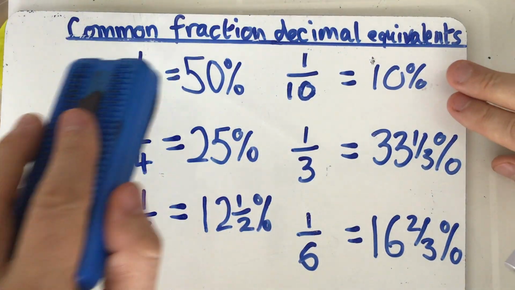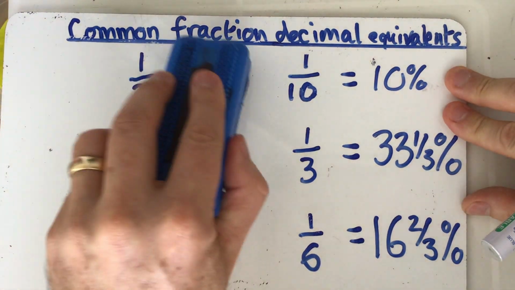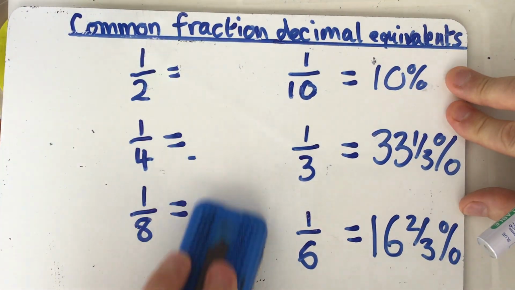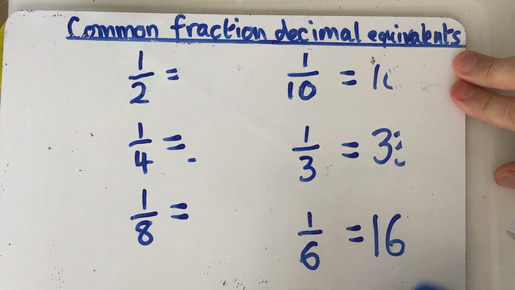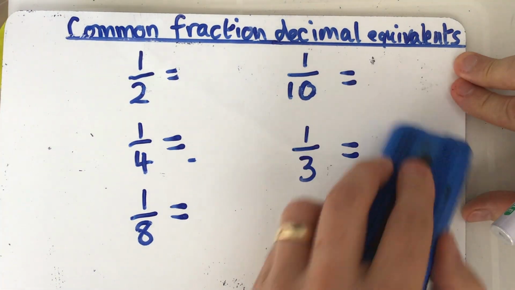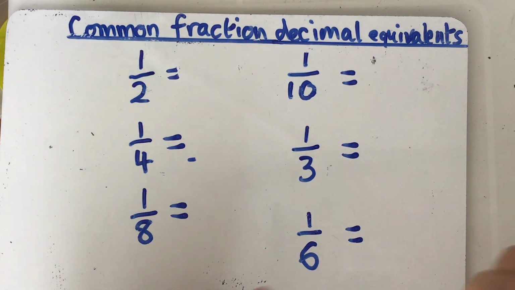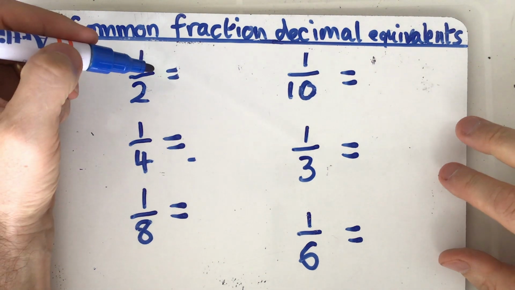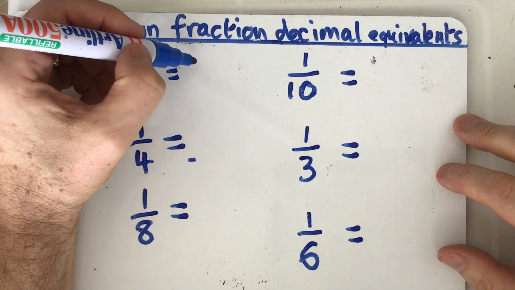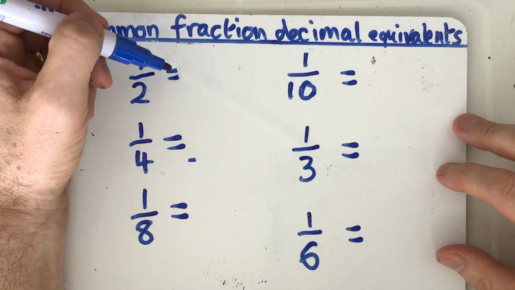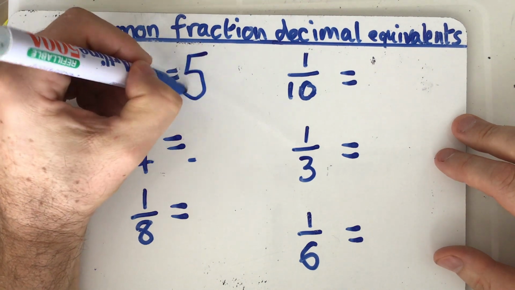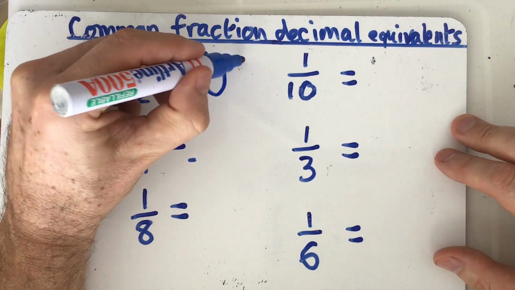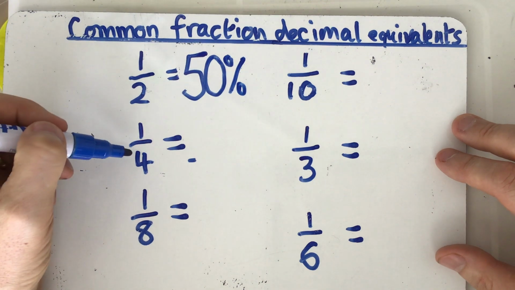So I'm just going to erase these and go through them again, and this time I'll pause a little bit to see if you can remember what they are, because it's quite useful to know these ones off by heart. Okay, 1/2 is, that's right, 50%. And 1/4 is,